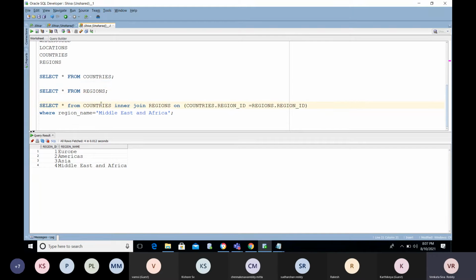In the similar way, you will go with the right join if you need to find out whether any region is not related to any country. In that case, you will go with the right outer join. If you want to find out both cases, either this or that, not related to any region, not related to any country, you will go with the full outer join.